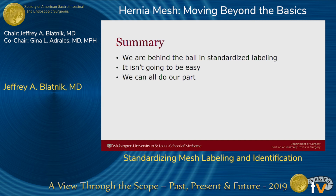So just to summarize, I think we're behind the ball. I think there's a lot of areas for us to really improve. As I've learned while we've been working on this on the backside for the last couple of years, it's not going to be easy. In order to really do it right, we're going to need to get some mandates from our